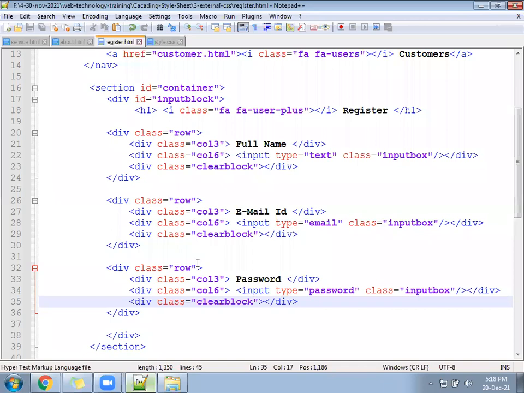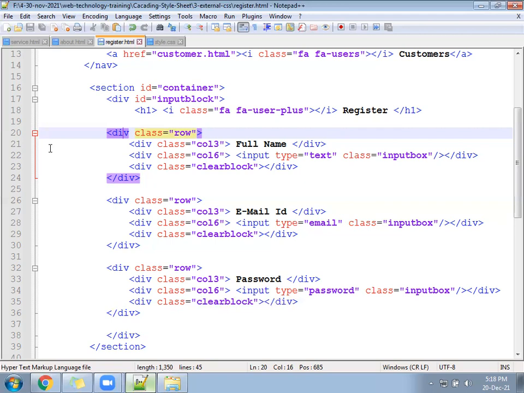Why are we not using form tags, sir, instead of using div? Form tag is for something else. Form tag and div have no relation. Actually we are creating a form here, sir. But you are not learning something called a synchronous application. There are two types of application in the market. One is called synchronous, another one is called asynchronous. If you need to learn Angular or React, then form will not come into the picture. You don't need the form tag at all. Everything will happen through the asynchronous way.